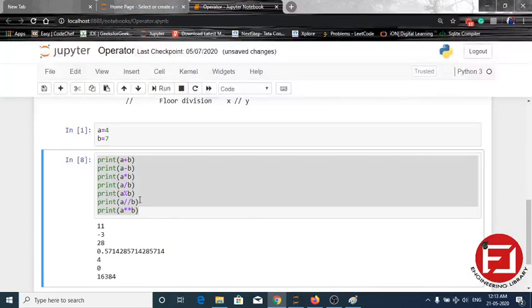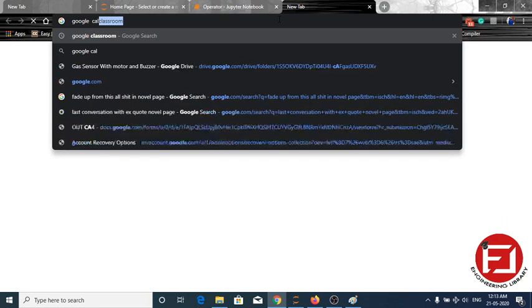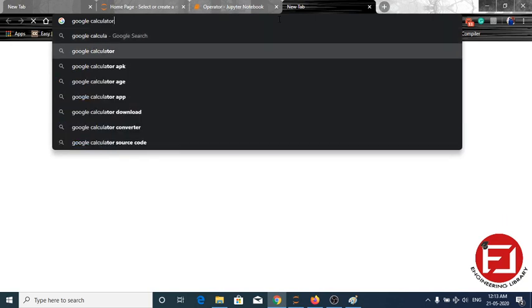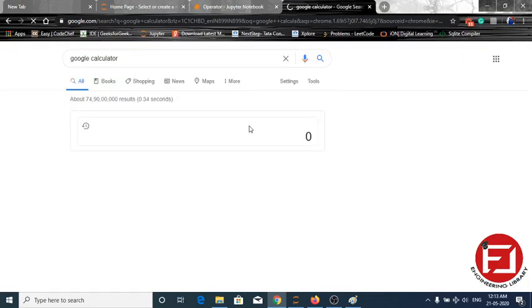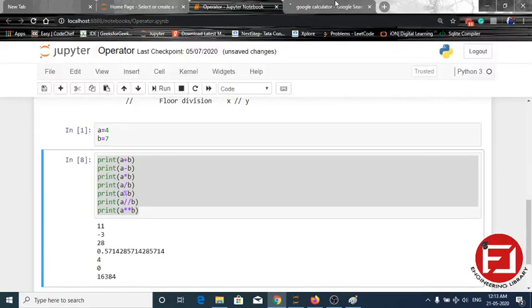If you want to calculate 4 to the power 7, I'm showing you. It is 4 to the power 7.